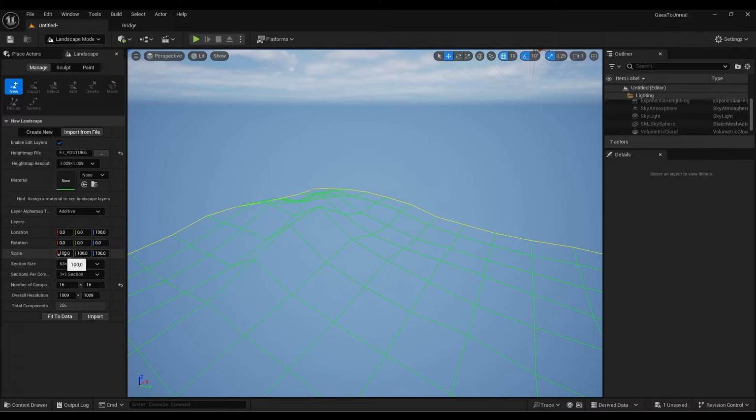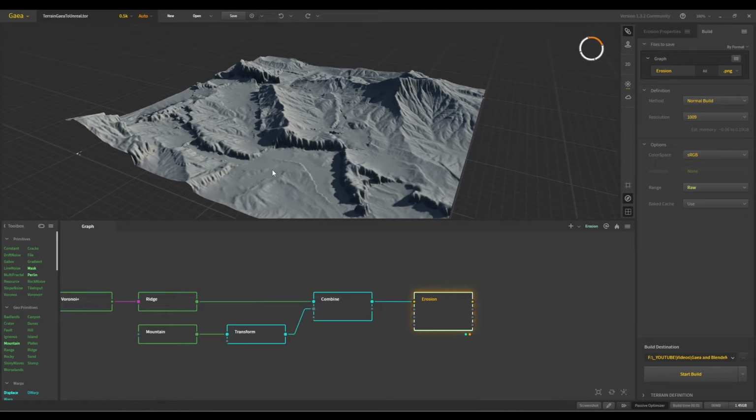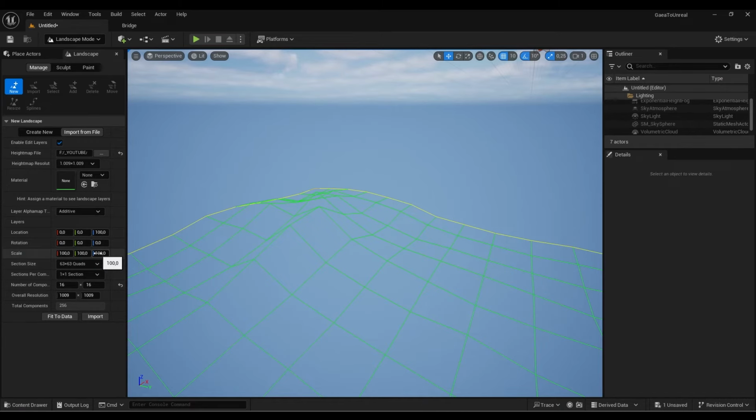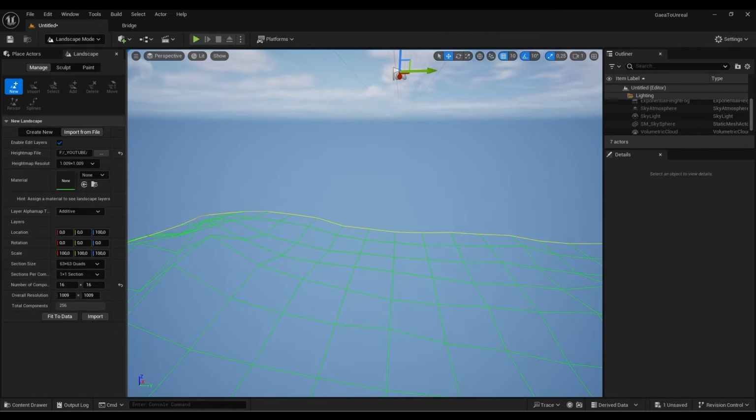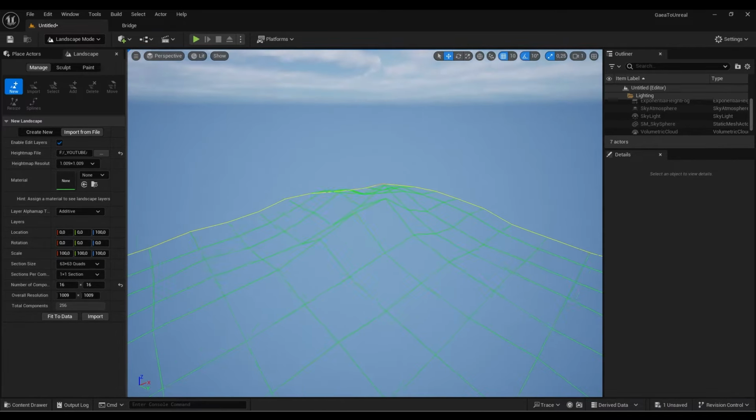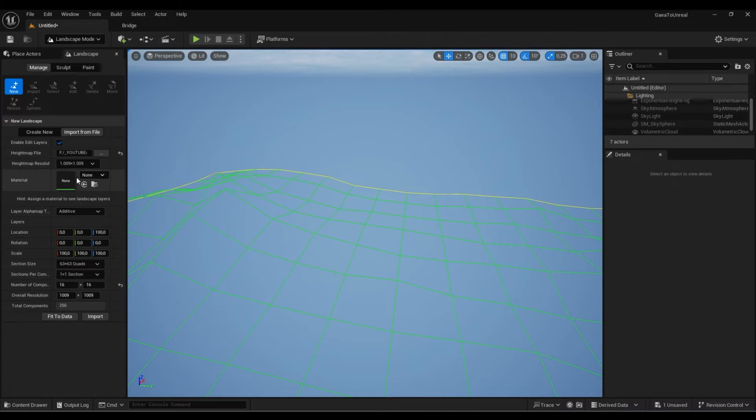So if I increase the scale, we're gonna increase the Z scale as well. So you also can generate a Heightmap which is higher than the proportion inside of Gaea if you want. We just need to change the Z scale. So it's up to you, do whatever you want with the scale inside of Gaea. So doing that, I'm gonna hit import,